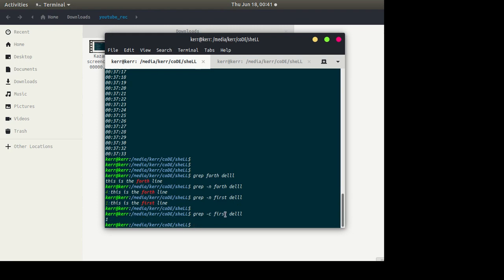So for first, the pattern occurred 1 time within the whole file. Let's add another pattern to this file. So echo, this is second times first.